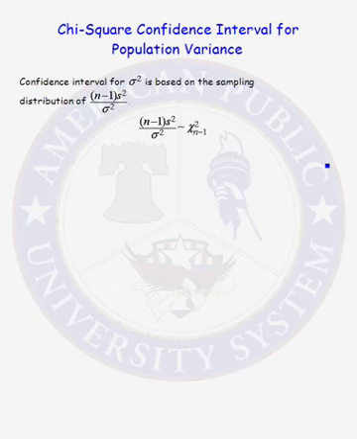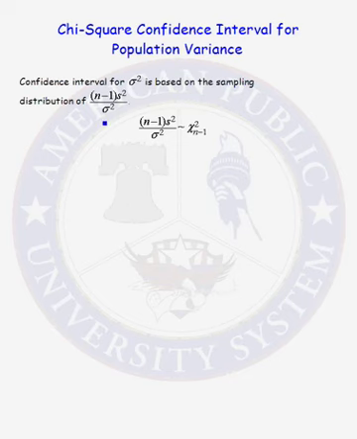In this problem, we will develop the formula for the confidence interval for the population variance. You'll see in a minute that the formula for the confidence interval for a population variance is different than the confidence intervals that we're typically used to seeing for the population mean or the population proportion. And the reason is because the confidence interval for sigma squared, the population variance, is based on the sampling distribution